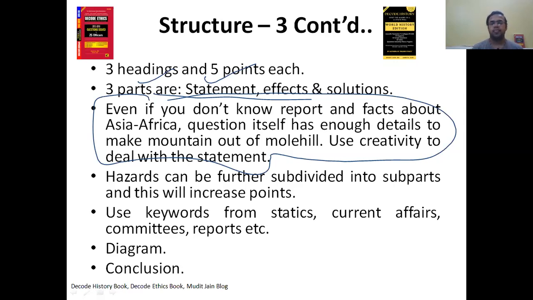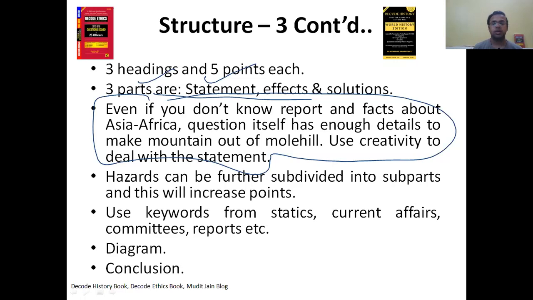Now, what is the key? That you should have some sort of knowledge about which Asian or African countries are using electronic goods too much. For example, Thailand or Malaysia, they use electronic goods. Singapore they use, but then I think Singapore would have good e-waste disposal mechanisms. I'm not sure, but I'll take a guess in this question that Thailand might not have that much of e-waste disposal mechanisms. I'm not aware, I'm bluffing. This might be right or wrong.